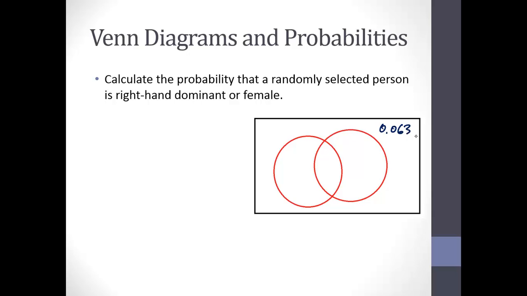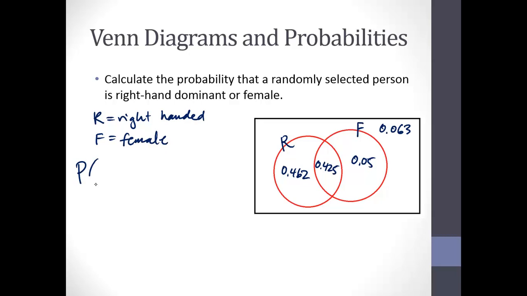So again, 0.063. All right, just filling in. Again, this is right-handed. This is female. So now the question that I might want to ask is, calculate the probability that a randomly selected person from this sample is right-hand dominant or female. So again, remembering that R is right-handed, F is female. What I want is the probability that a person is right-handed or female,